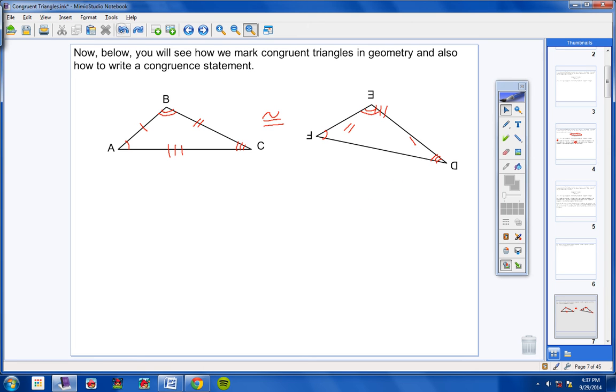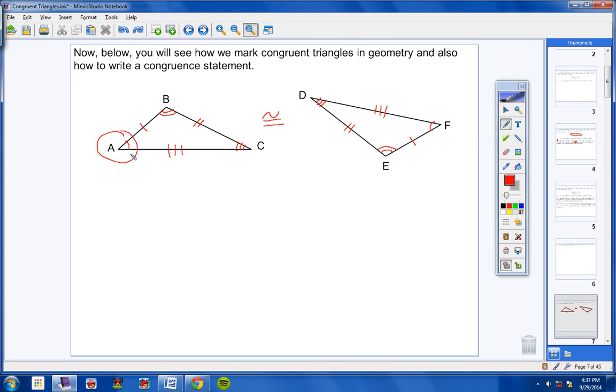I'm going to go ahead and put this back where it was. Hopefully. There we go. And so these two triangles are congruent. Another reason, now go ahead and mark these. Okay, look. Notice how angle A has one mark, angle F has 1 mark. That means those two angles are congruent. Notice angle B has 2 marks and angle E has 2 marks. So those two angles are congruent. Notice how angle C has 3 marks, and notice how angle D has 3 marks, so those two angles are